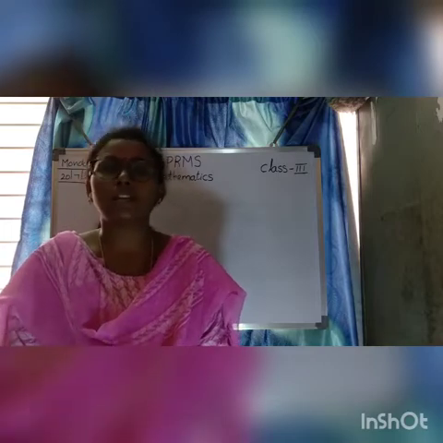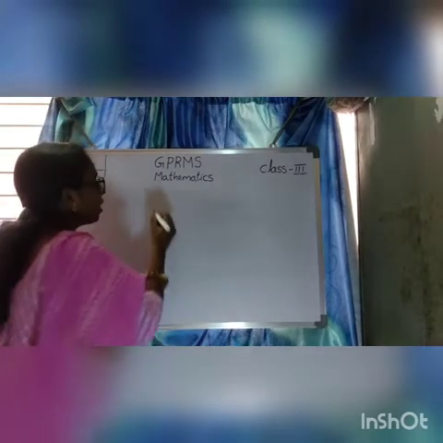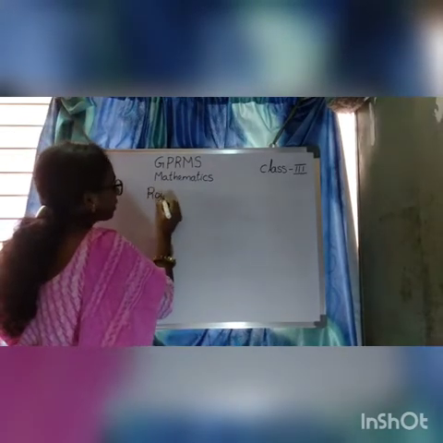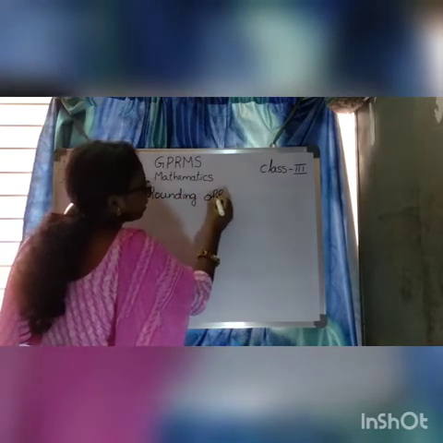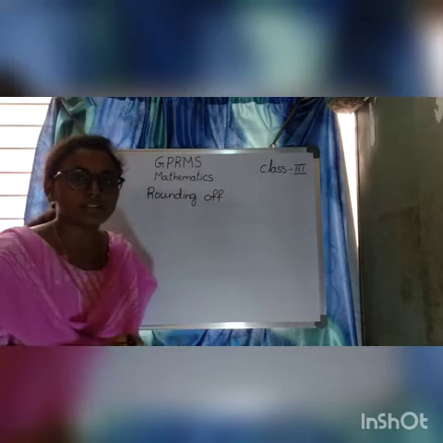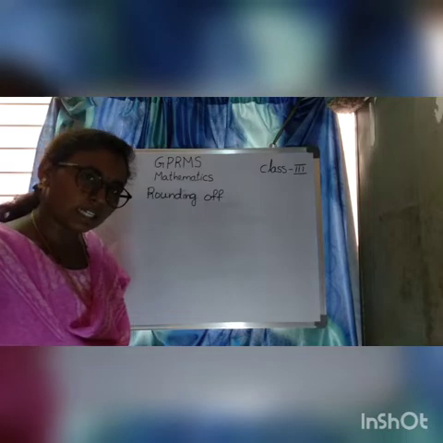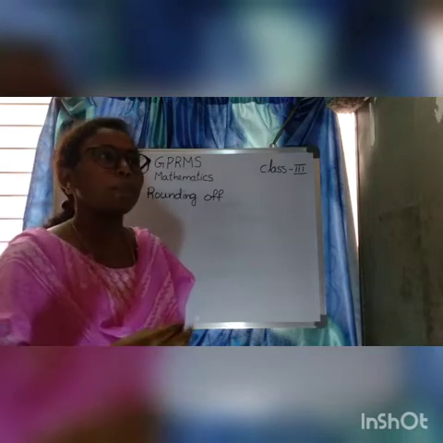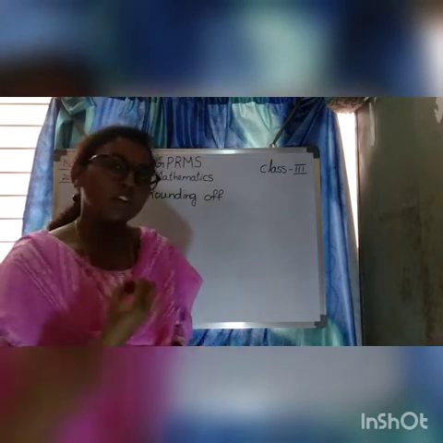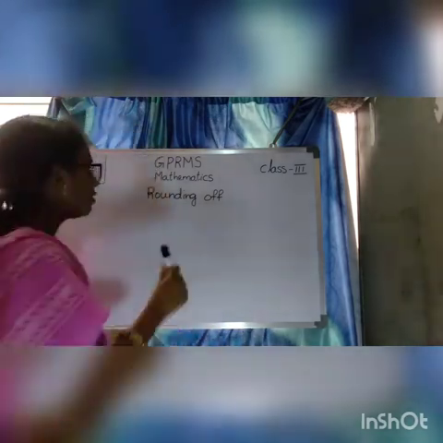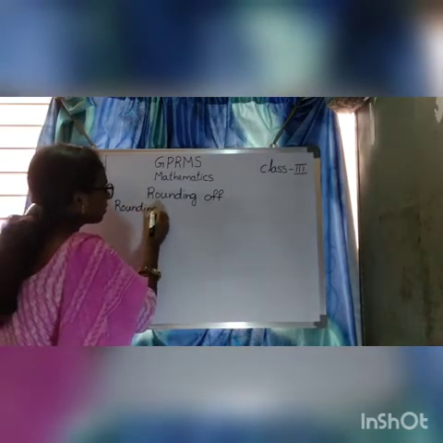We used to estimate the numbers, which is nothing but rounding of numbers. Our topic is rounding off. So let us see how to round off numbers to the nearest values. Here we will take the nearest value. Maybe it will be a little bit less or a little bit more. We will take the nearest value when we are not sure about a number. So let us see rounding off to nearest tens.